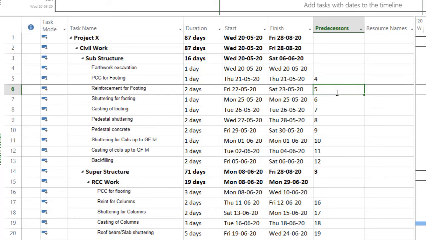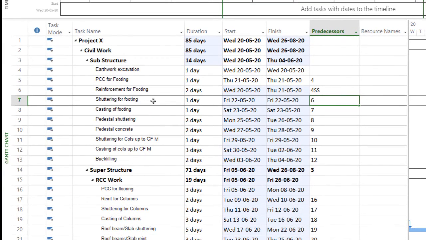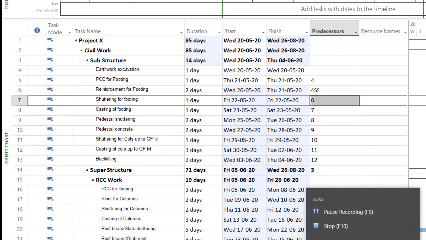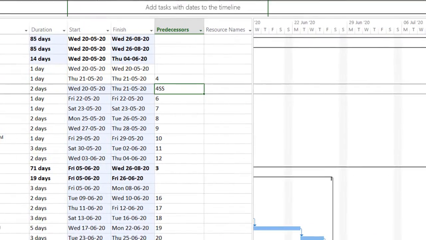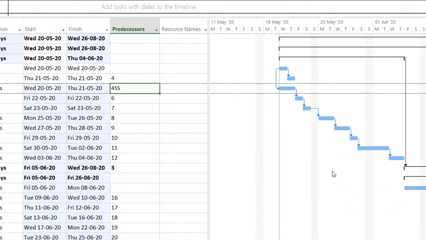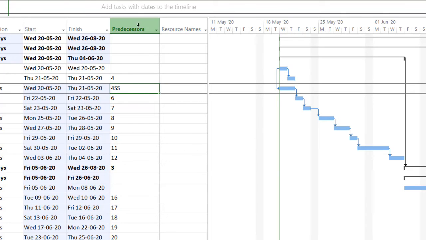So I'll give 4 start to start, which means reinforcement of footing can start on the same day as the excavation work. We'll put 4SS, that is, the fourth activity as well as this activity can start simultaneously. You can see the difference in the bar chart. The reinforcement of footing and the excavation work will start on the same day. So this is the advantage of giving the interdependency.